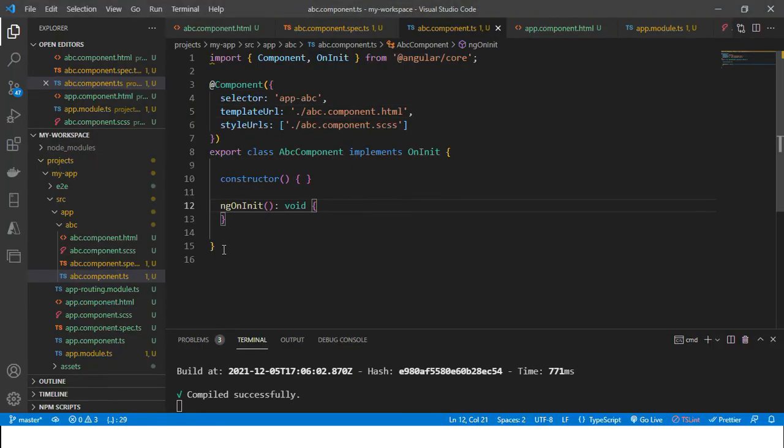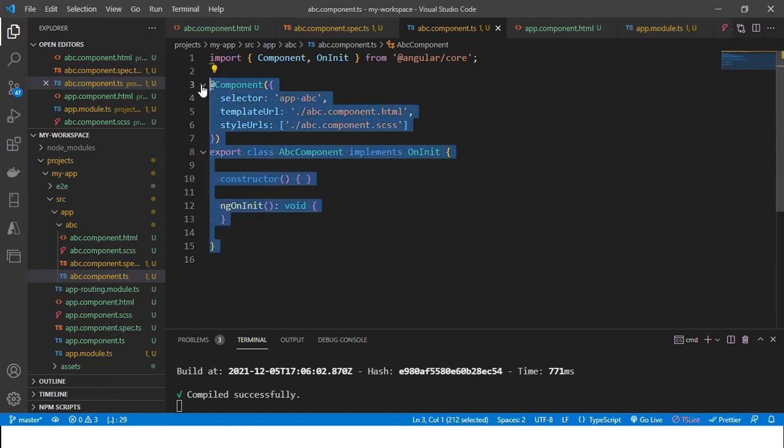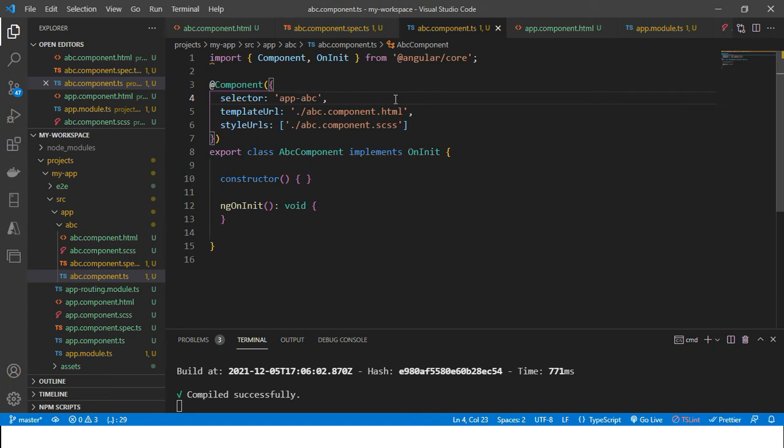Now we just created a component. That component has one HTML file for the template, the view, one file for defining styles, and one file for unit testing that is not required for the implementation.